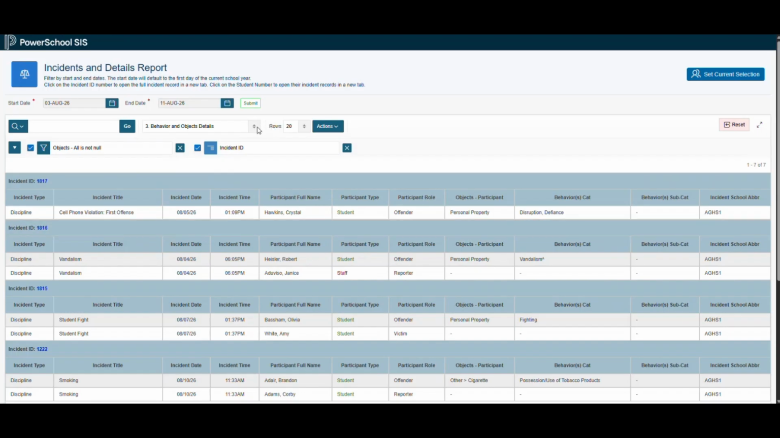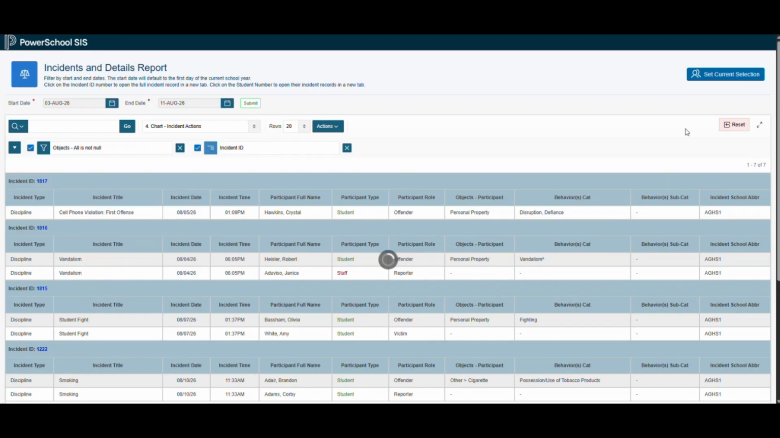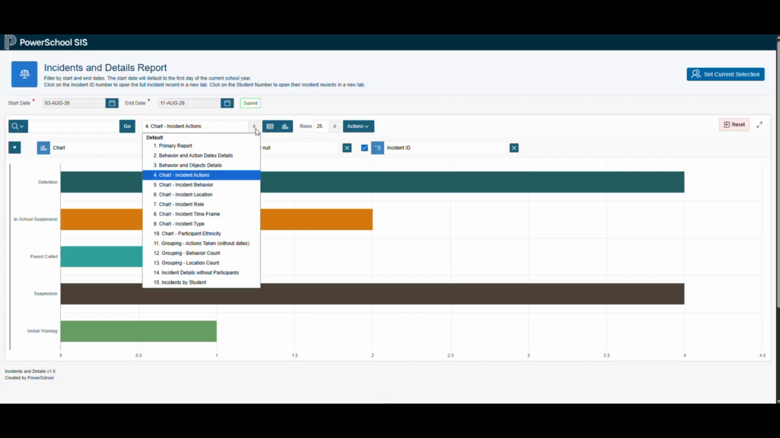And there are charts here as well. If you click on an incident action, you can see this is a good tool for you to monitor across your district or a building to see what's going on throughout the year as far as your incidents. I kind of like it. So if we go back to the primary report,